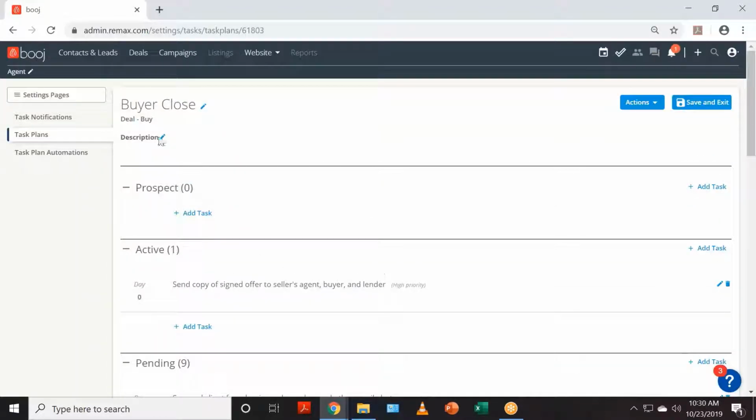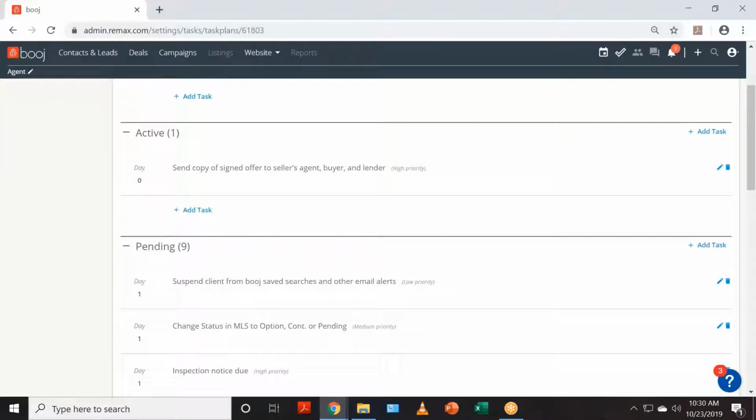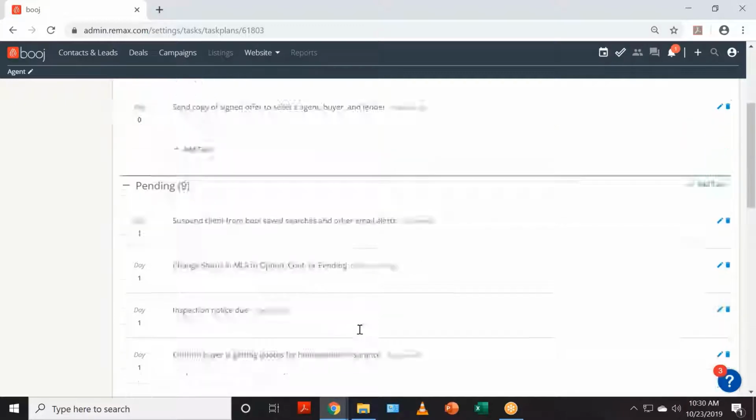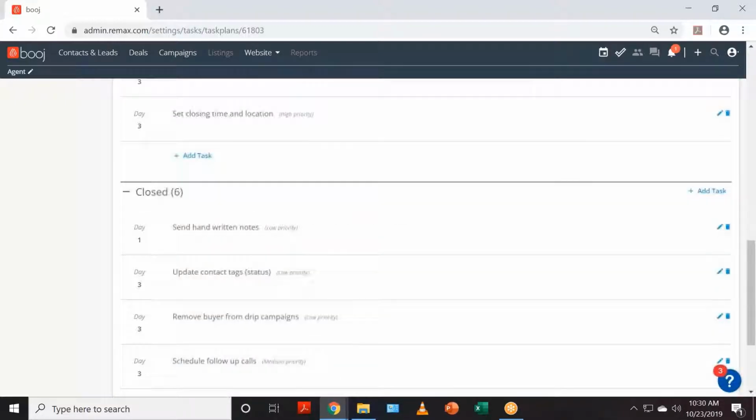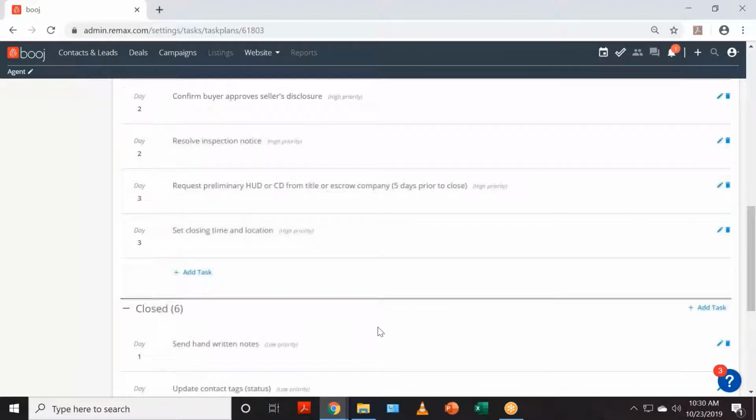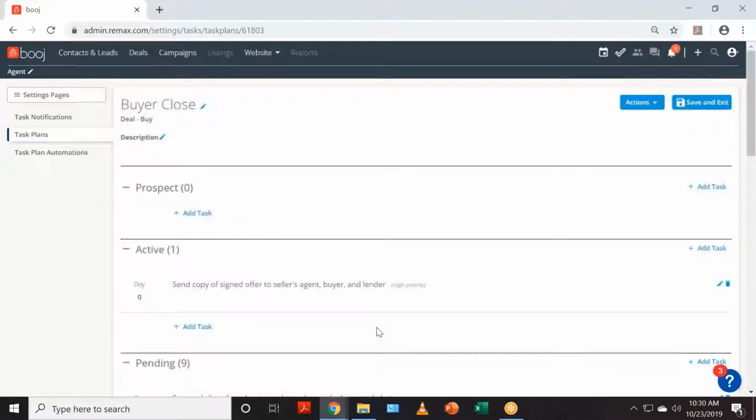Like for me, for this one, this title doesn't really make sense. That's why I was getting thrown off, like buy or close. The tasks that they've set up are actually for someone that's under contract and then also when they close. So maybe to make more sense of it, you would change the title. But again, totally up to you. This is you guys and your CRM, so you customize this to however